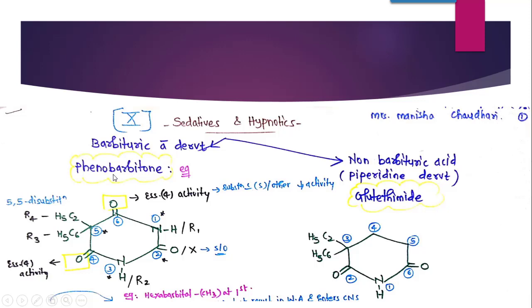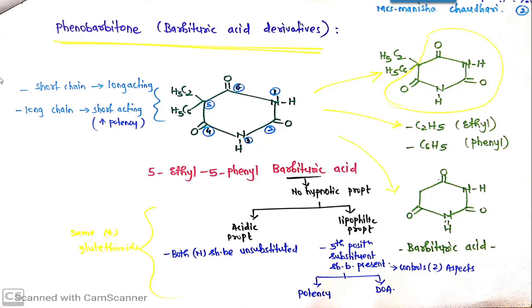So if you look into the actual structure of barbituric acid, we will go towards the structure of phenobarbital, which is a barbituric acid derivative. This is phenobarbital, which contains substituents at 5th position, C2H5 and C6H5. First we will see the numbering. Numbering should be anticlockwise according to the rules, right? So it is 1, 2, 3, 4, 5, 6. It is anticlockwise. This will also go anticlockwise, but the substituent will get 3rd number, while the second heteroatom will get the 5th position, which is not desirable according to the rules.